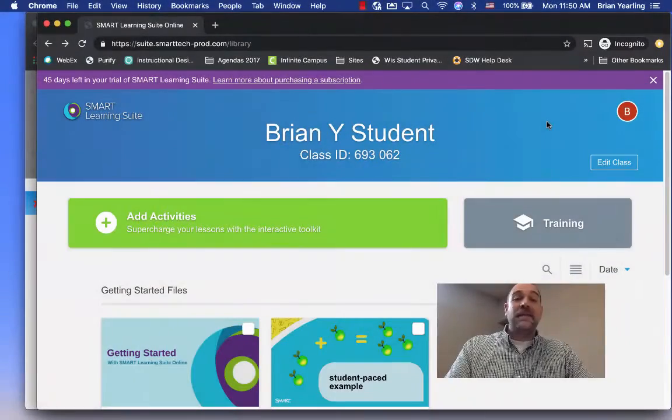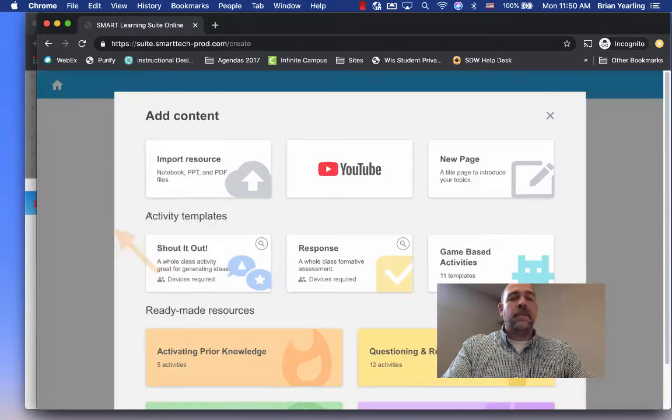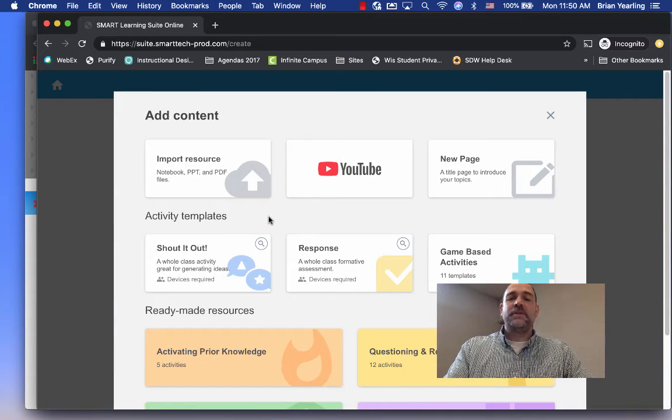Now that you have your account, it doesn't take much to get started building a lesson in Smart Online Learning Suite. With just the click of this plus Add Activities button, you can get started designing. Let's take a look at the types of resources that we can bring into our online lessons built in Smart